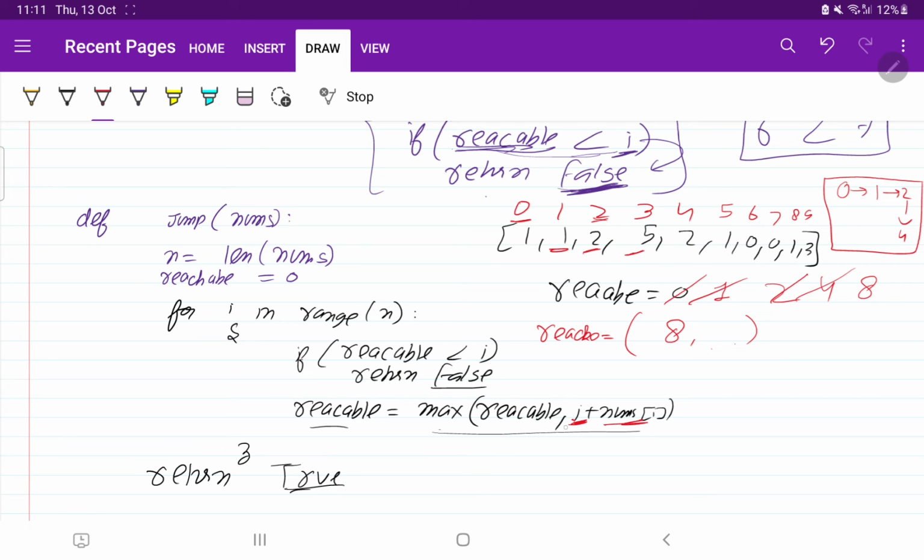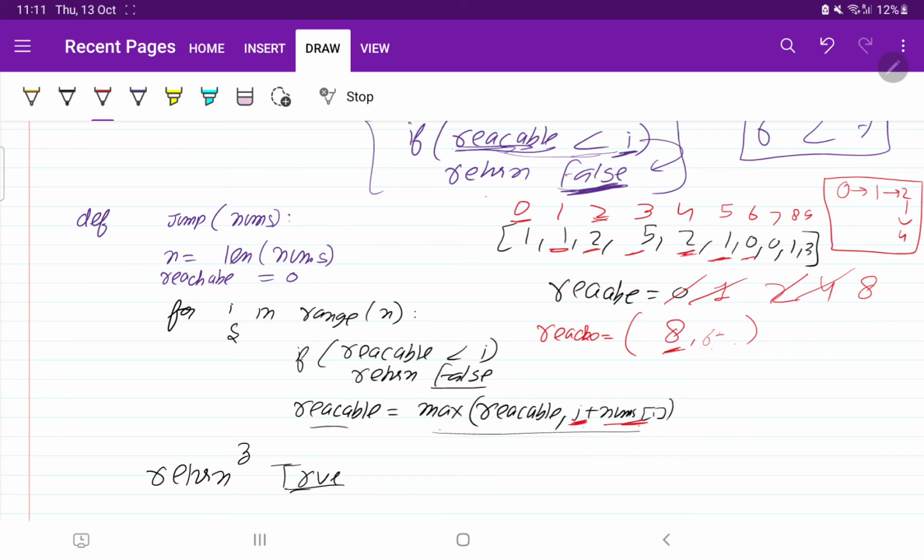Now I plus nums of I. Here I value is 4, and 4 plus 2 is 6. Are you going to update reachable? No, we are not going to update reachable because the maximum is already 8. So maximum 8 is already stored, and we will move to the next element. Again 1 plus 5 is 6, so no, we are not going to update it.